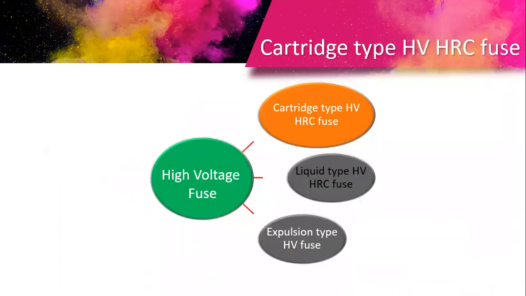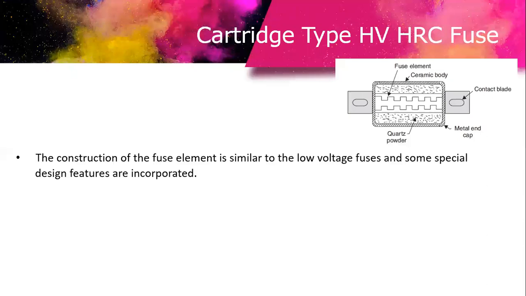Next, we are going to the cartridge type of HV fuses. Here, this is the high voltage fuse where it has two elements. This is one type of element, this is the other type of element. Both are connected in parallel. Sometimes one is on the inner side, and another is an overlap on some asbestos material. Inside, powder is filled: ceramic body and fuse element, quartz powder, plaster of Paris, chalk powder, and different types of filling materials.